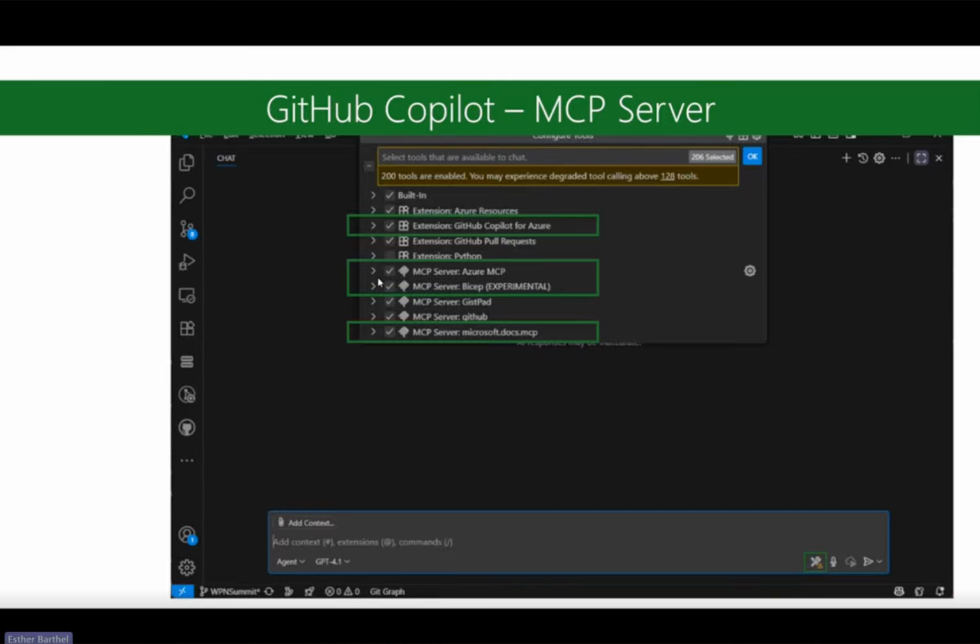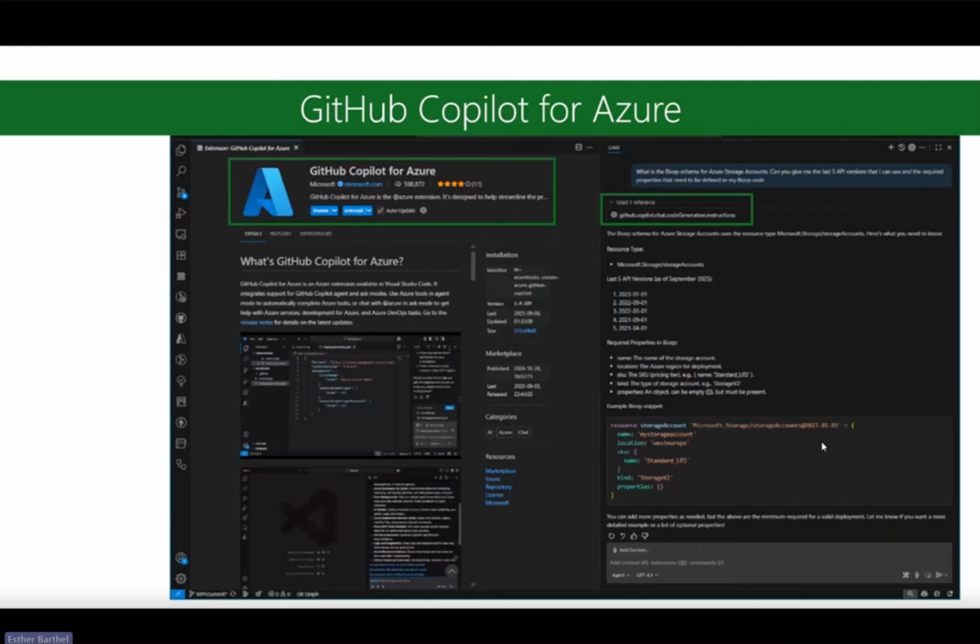So what you see is that I have a selection of different extensions and MCP servers that have additional knowledge on Bicep and the Bicep syntax and architecture. So in this demo, I specifically selected multiple of those resources and tried to experiment and see if there are really differences.